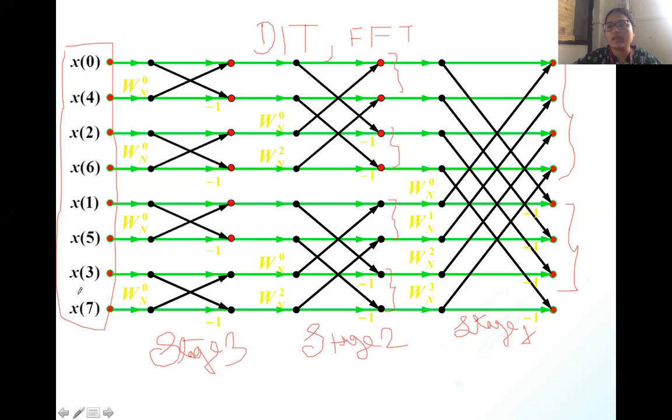Here the input is applied. So while calculating the output, we need to start with this. We have to give shuffled input to the algorithm, then it goes to this stage. While developing the algorithm, I have shown you from this side to here. We have started from output, we have reached input.